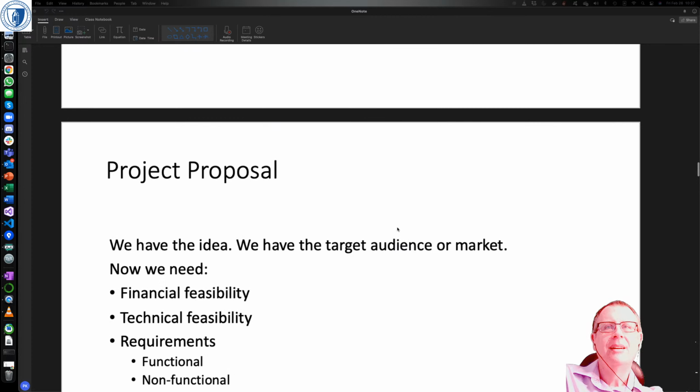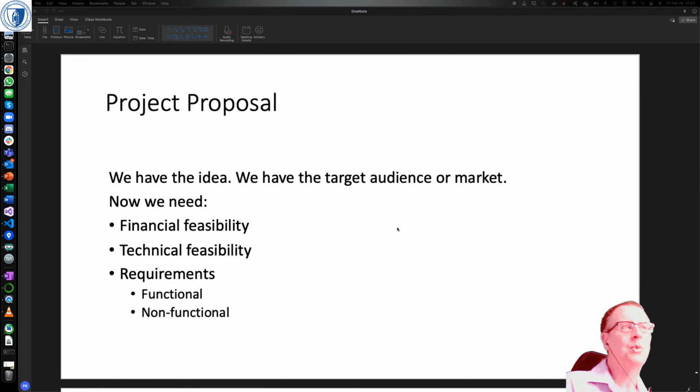But I'll continue to remind you, we're not there yet. Right. So the project proposal, which is what each team is going to eventually put together. Like I said, we haven't done the teams yet, but we need to flesh out all of these ideas a little bit more before we can think about doing a selection. And the things we have now, you should have the idea, and we've heard 7 of them just now. You should have an idea of the target audience or the market. And now we need to think about the financial feasibility.